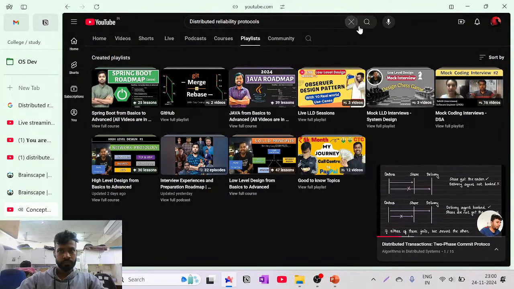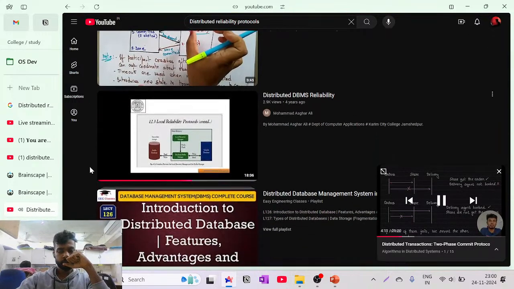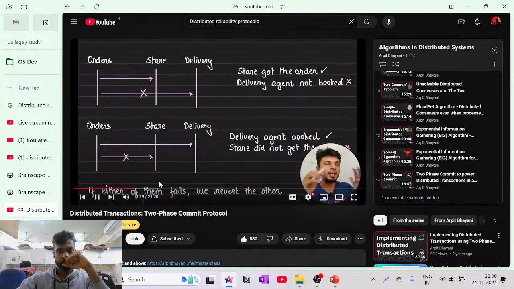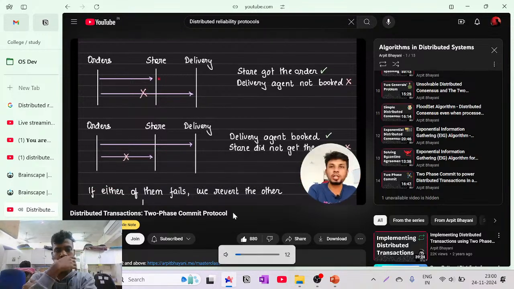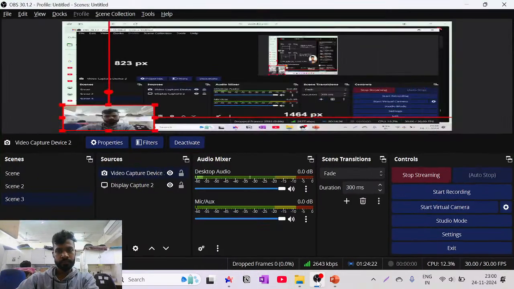If we extend our example, for the order service to work, it will talk to the store service to reserve food for a particular order: this food is now assigned to this order. Let's say the 3 services talk with a simple HTTP REST-based protocol. The order service makes a call to the store service on an HTTP endpoint and says, assign this food for this order. Then it makes another call to the delivery service saying, assign a delivery partner to this order. But say that the assigning of food to this order is done, but the delivery partner assignment failed. What does this mean? The store got the order, but the delivery agent is not assigned, which means that the store started warming the food item and then basically